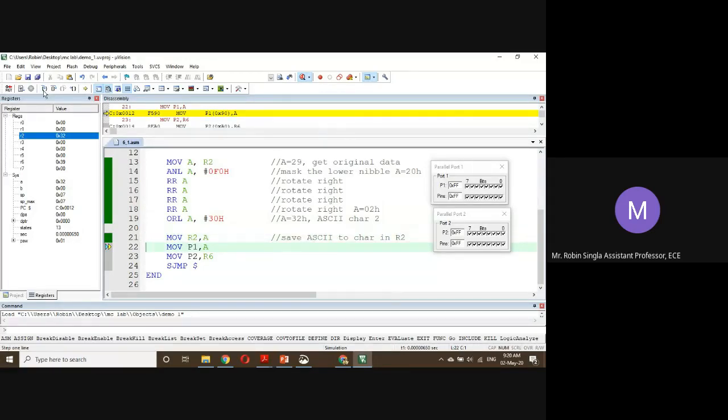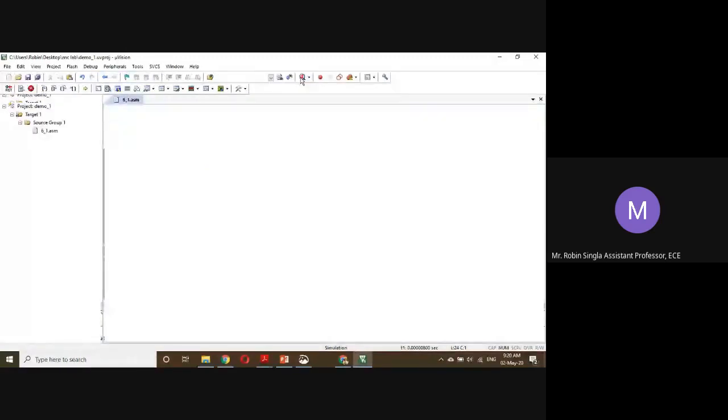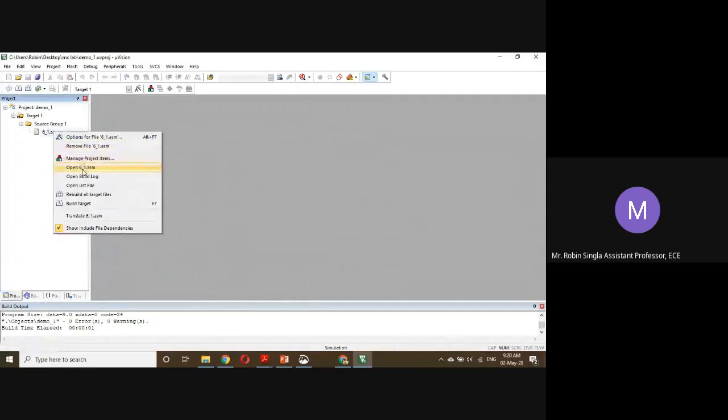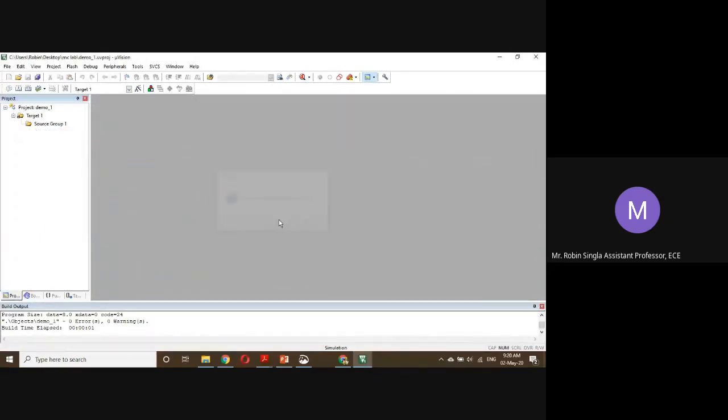This 32 will be saved in R2. Now port 1 is 32 and port 2 is 39. So this is our ASCII number. We can see the output in port 1 and port 2. Okay. Now we'll see 6.2.